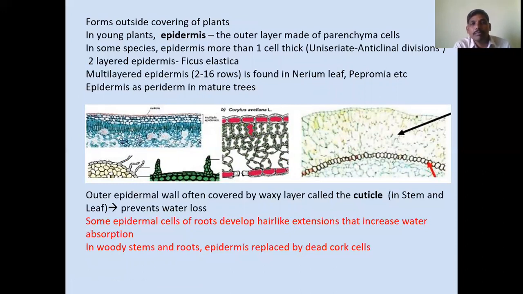So the periderm is present in mature trees or woody trees due to secondary growth. Moreover, some epidermal cells contain chromoplasts or sometimes pigments also. That's why they appear in color. For example, in the Rhoeo discolor plant, the upper and lower epidermis cells contain one kind of pigment, anthocyanin pigments, which appear in pink color.